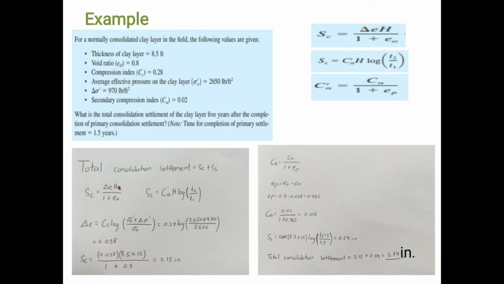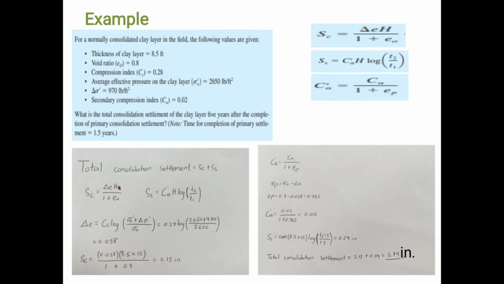What is the total consolidation settlement of the clay layer 5 years after the completion of primary consolidation settlement? Note, time for completion of primary settlement equals 1.5 years. Then total consolidation settlement equals primary consolidation plus secondary settlement. Then first, to solve the primary consolidation,